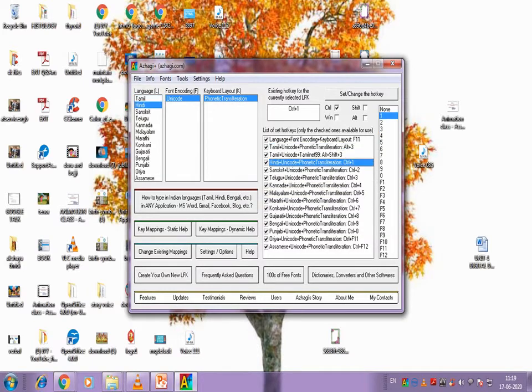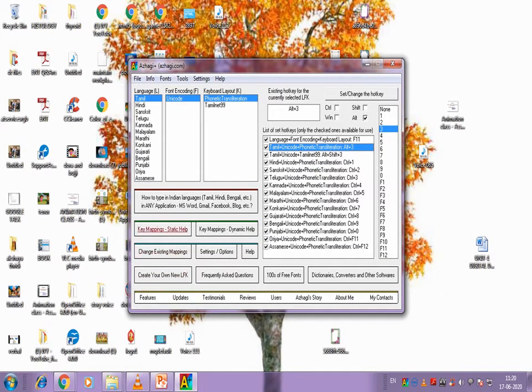If you want to change to the Telugu font, you have to press Ctrl and 3. Likewise, you can change the keyboard settings. If you want to type Tamil, what key do you have to press? Alt. You have to hold the Alt key and then press the number 3. Okay. Likewise, you can switch over the key.